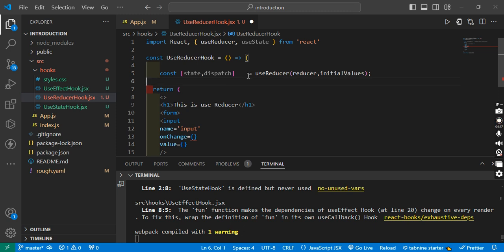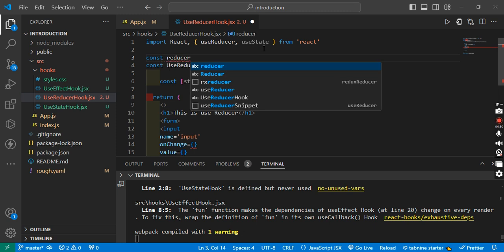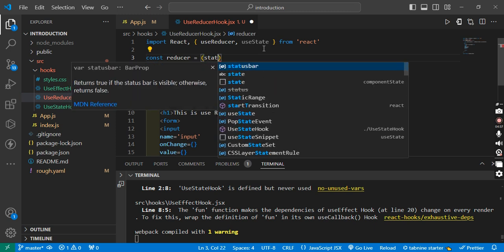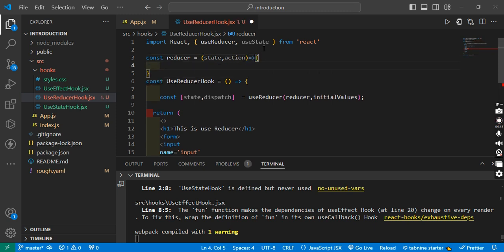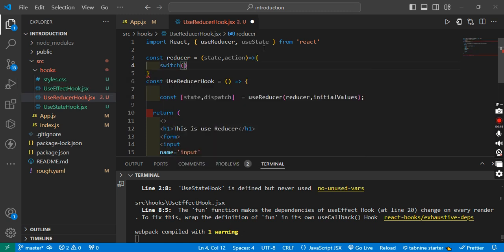So what is the reducer, what is the initial value? Inside the reducer itself, we are going to mention whatever the logic. const reducer is equal to a function, the reducer function, with state comma action, switch of action.type,